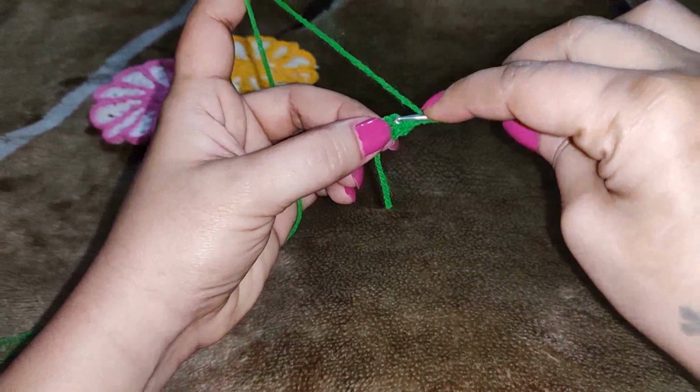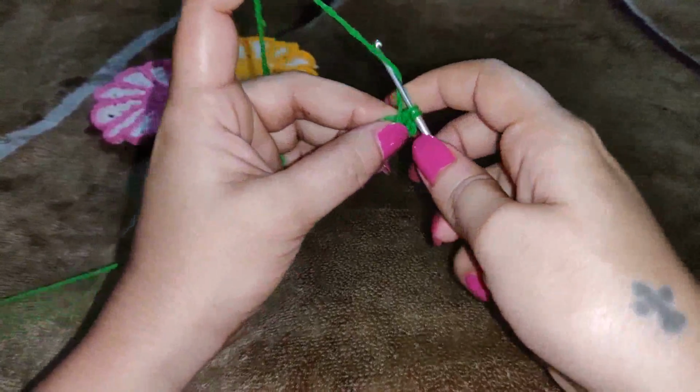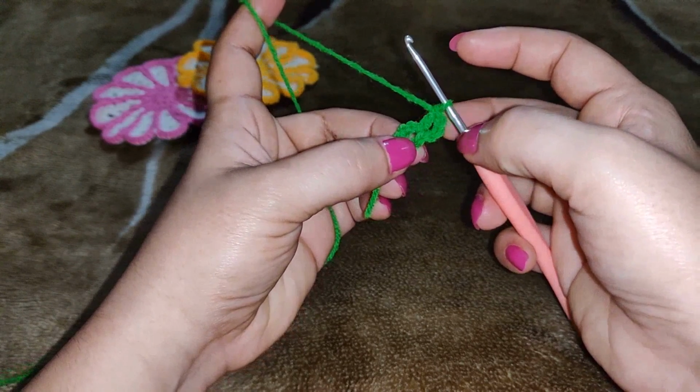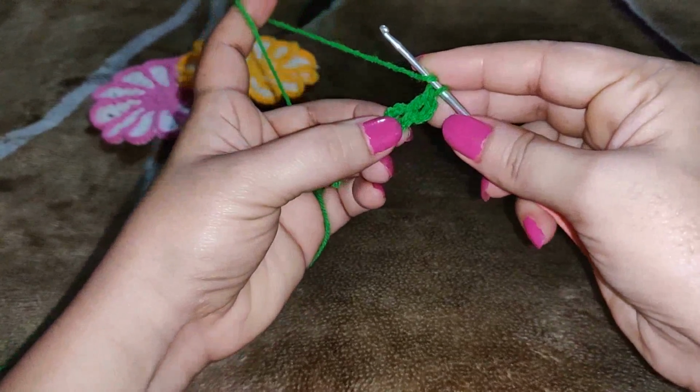So a double crochet, and you need to work 11 double crochets into the ring. Counting the first one, the first chain, you need to have 12. So I worked 1,